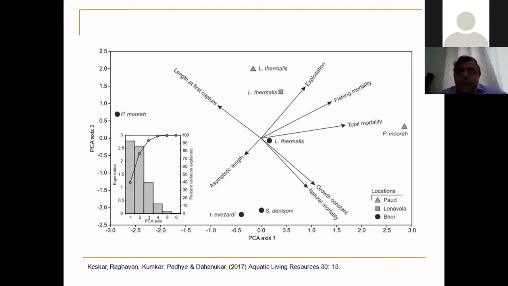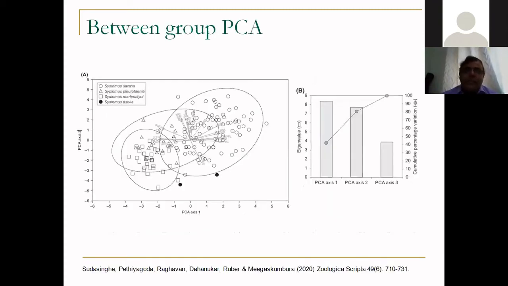And why is that? Because when you are doing PCA, you are giving equal weightage to all variables, and that is a problem. You are saying that all variables are equally important. But what if some variables or some characters are more important to separate the organisms? Well, there is one way in which you can account for this, and that is, instead of using PCA, you can use between group PCA.